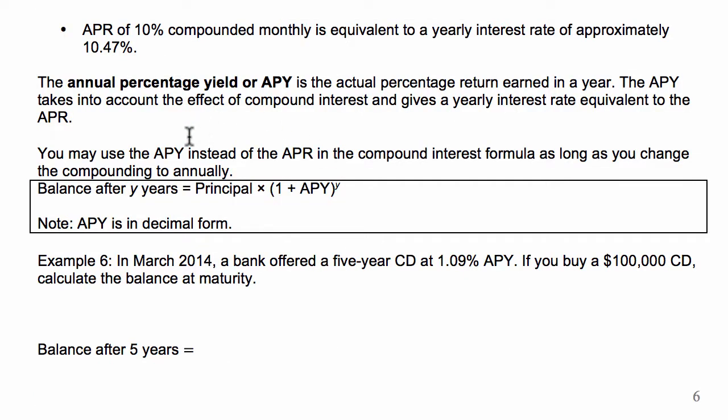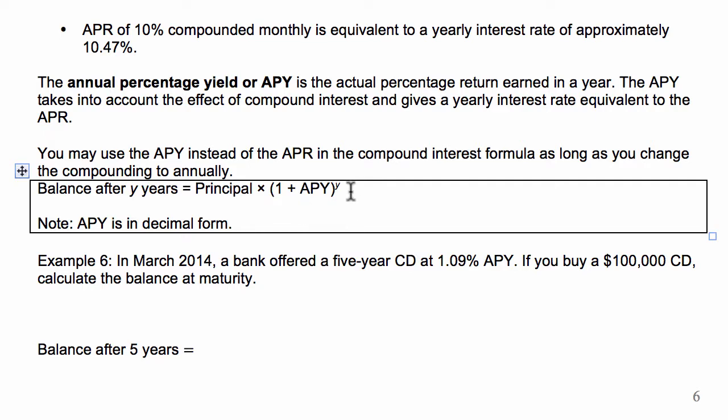Occasionally, you may be given an interest rate in terms of APY instead of APR. You may use the APY instead of the APR in the compound interest formula given on the previous page as long as you change the compounding to annually. That is, we can calculate the balance after Y years as principal times 1 plus APY in decimal form to